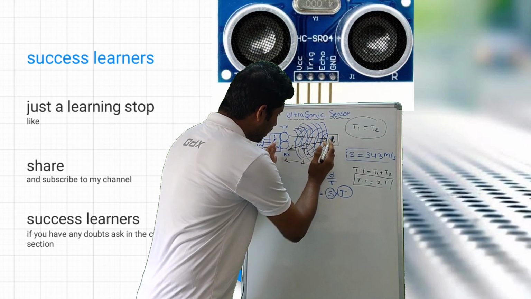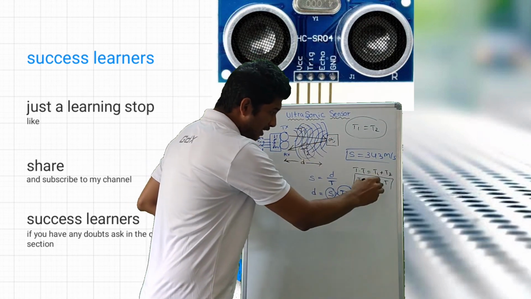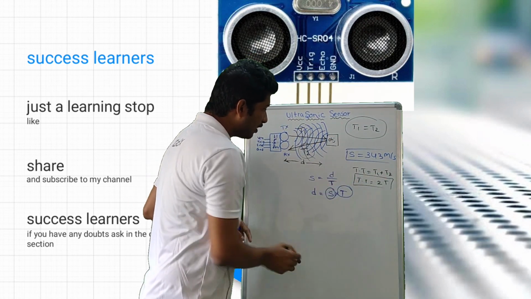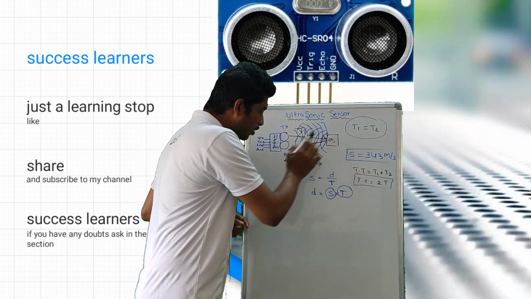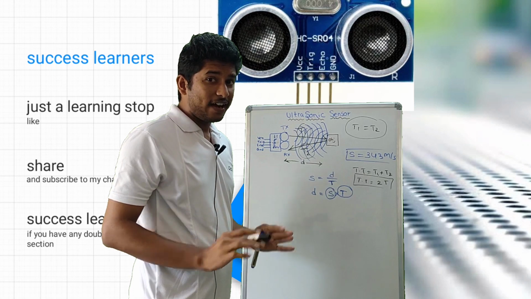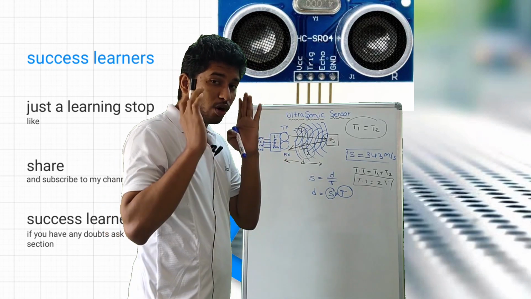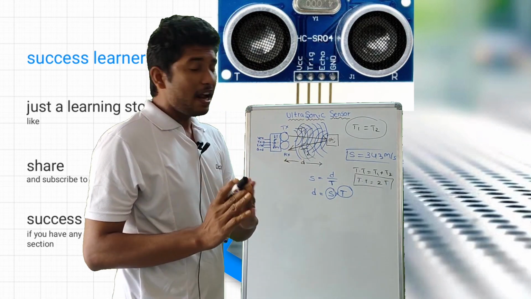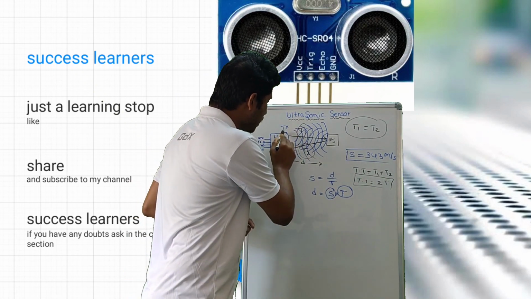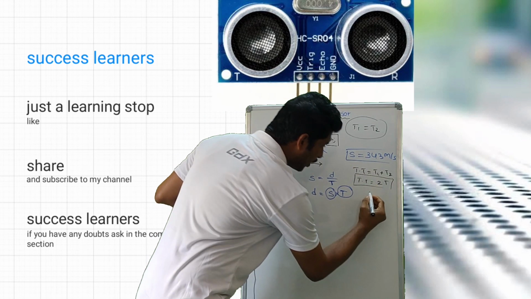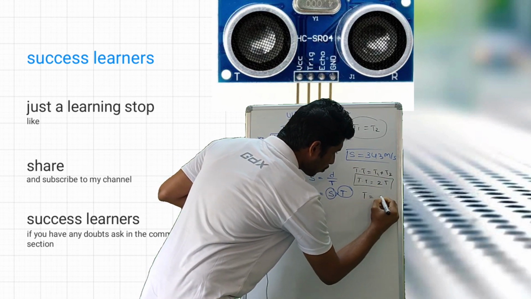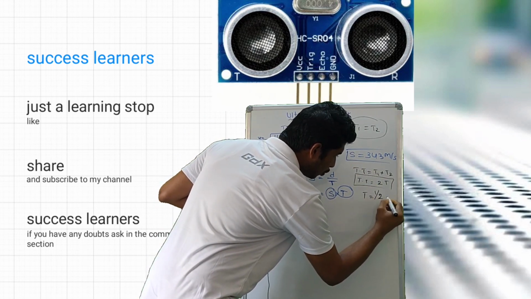When we place this 2t in this formula, we will get the total path distance, transmitter to object and object to receiver. But we don't require the entire path distance, only the distance between the ultrasonic sensor and object. That's why we take the time t equals 1 by 2 into